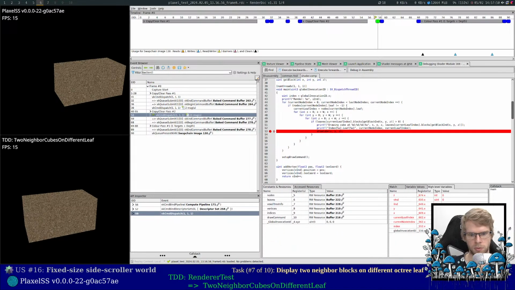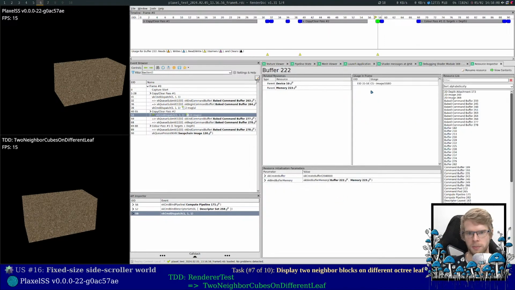The first time I got there is at 000, and the second time is indeed at 700. So there is a problem with the memory, or